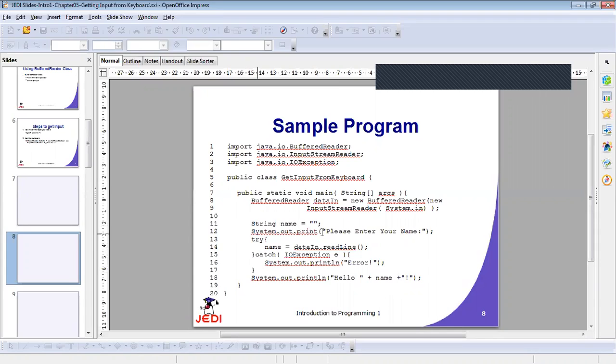Then your statement is please enter your name. Okay, the string storage variable declaration or storage location here is enclosed inside try and catch. Okay, try, begin, name is equal to data in that read line. Then followed by end, then catch, and then if error, it will display the System.out.println error.